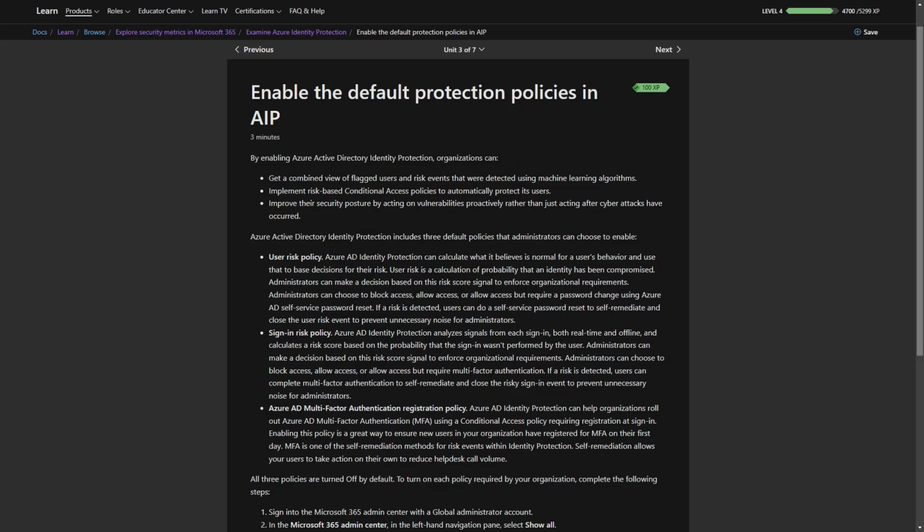Sign-in risk policy. Azure AD Identity Protection analyzes signals from each sign-in, both real-time and offline, and calculates a risk score based on the probability that the sign-in wasn't performed by the user. Administrators can make a decision based on this risk score signal to enforce organizational requirements. Administrators can choose to block access, or allow access but require multi-factor authentication. If a risk is detected, users can complete multi-factor authentication to self-remediate and close the risky sign-in event to prevent